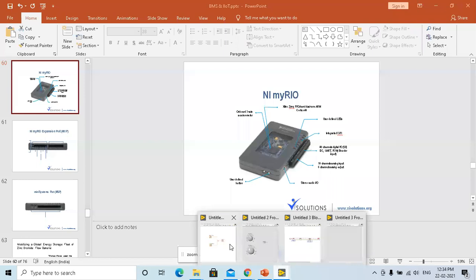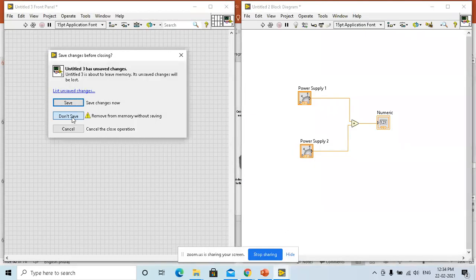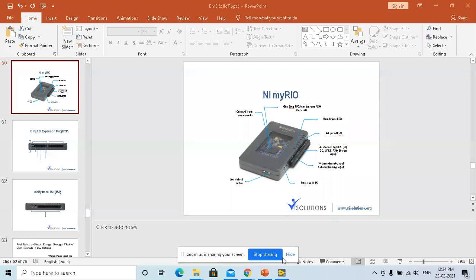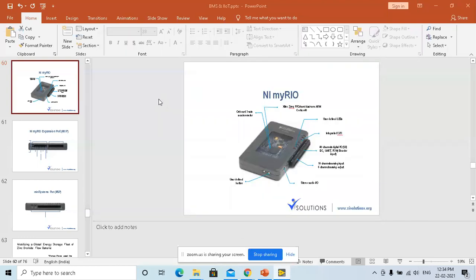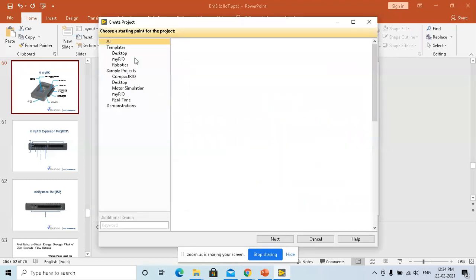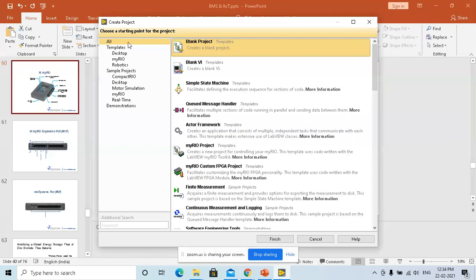To start programming, we have to use LabVIEW. To program your hardware, since we are going to deal with separate hardware, we'll be going for a separate project. There are plenty of hardware values available.